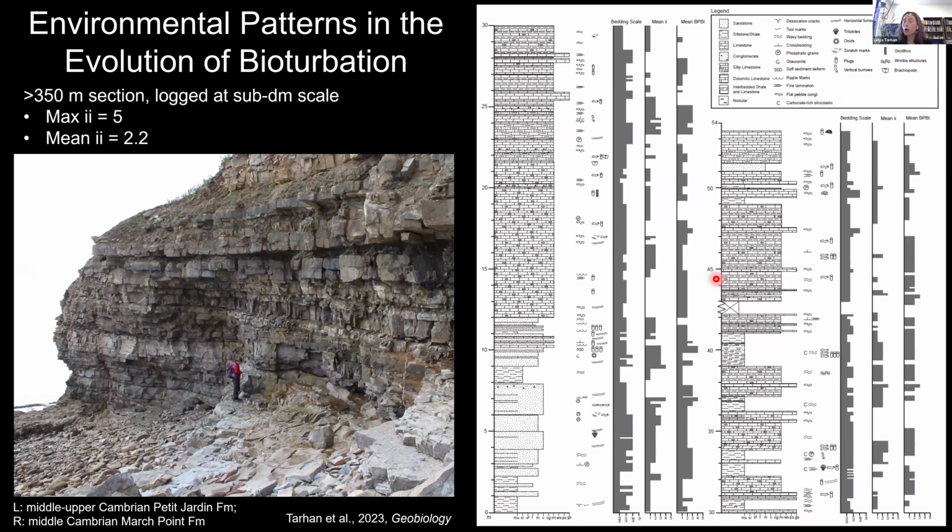But given what we know about the extent to which bioturbation varies across different regions and different environments in the modern seafloor, can we say anything about paleoenvironmental patterns in ancient bioturbation contemporaneous with these records? And can we even address such fundamental but long-standing questions of whether bioturbation ramped up earlier in more nearshore and more onshore environments or in slightly more offshore settings?